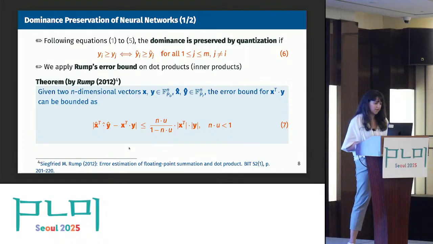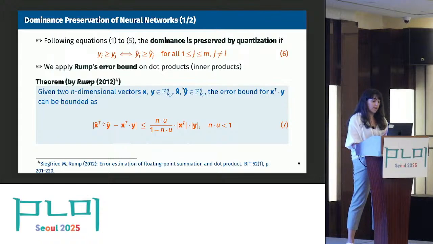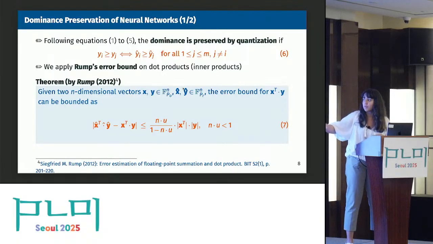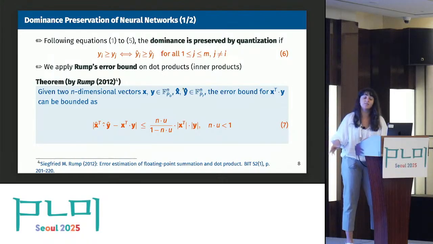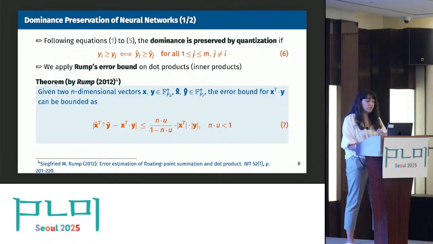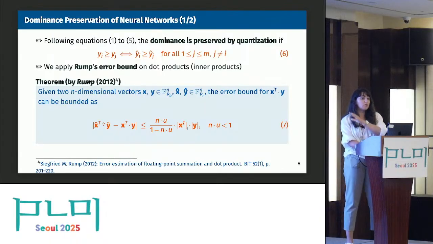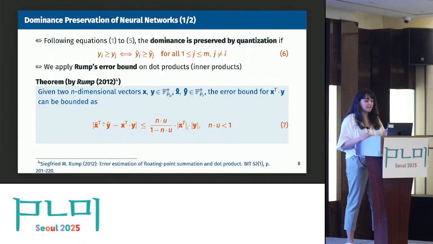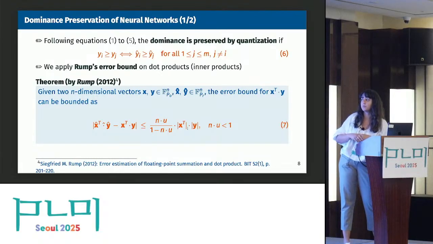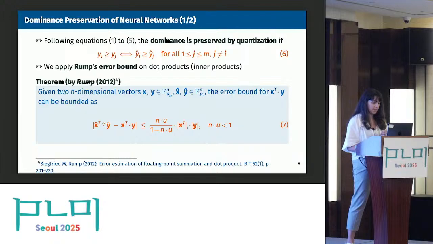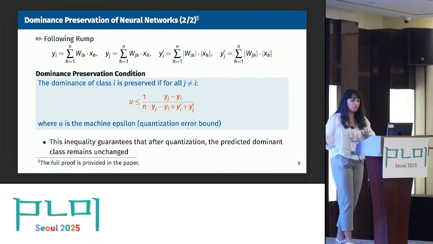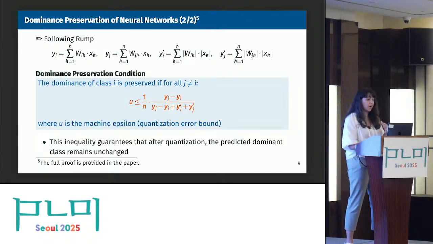Rump said that if we take n-dimensional vectors x and y in a precision, and we have the new floating point x hat and y hat in a reduced precision, then the error bound of the dot product can be bounded by such quantity. We will use this theorem in order to find the reduced precision that we want to compute on our quantized neural network. So let's do it. We will follow Rump's logic. So we will take our classes,